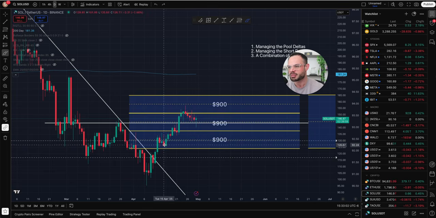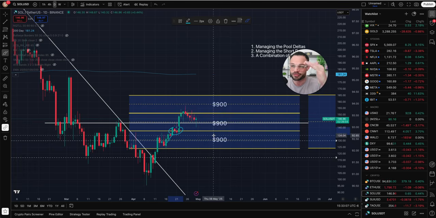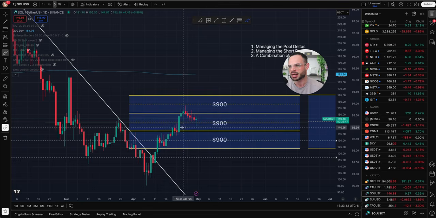Okay, by the time Sol made this next leg up here to about $140, I also further closed out my shorts because, again, I was looking at the chart, my directional bias was coming into play, and I felt that we were going to make another move from 140 towards 150. Again, that is what played out, and by the time we got up here to around $145 to $148,